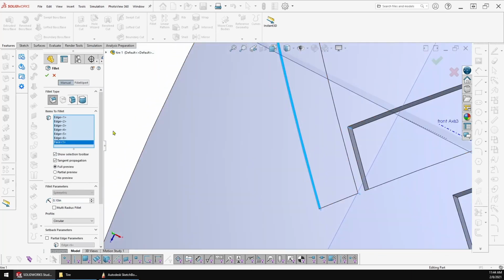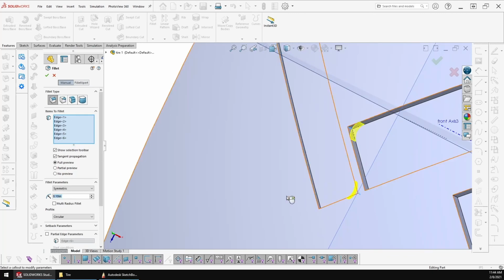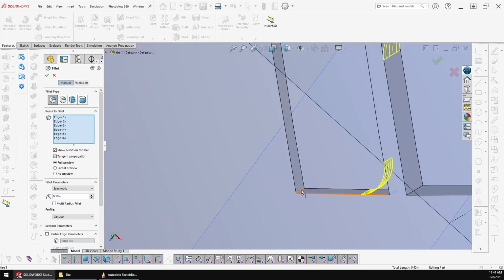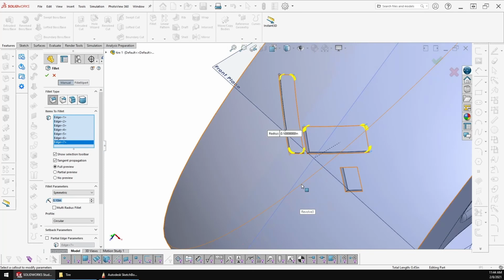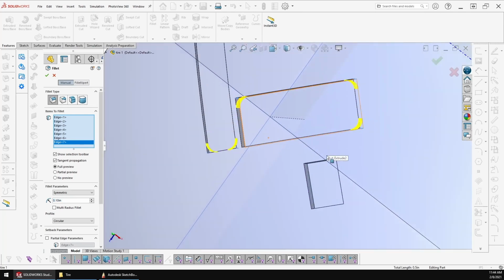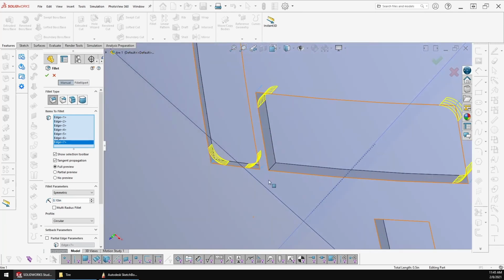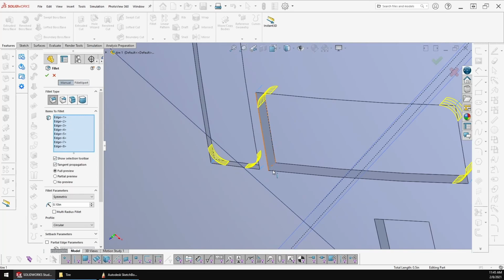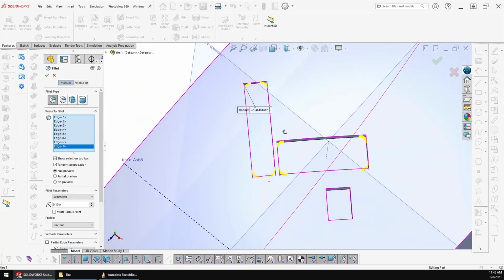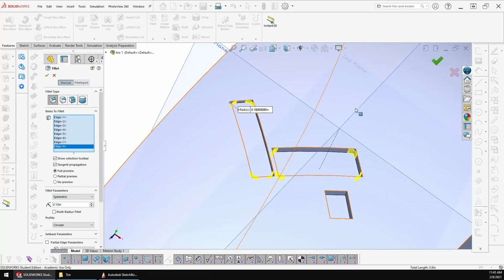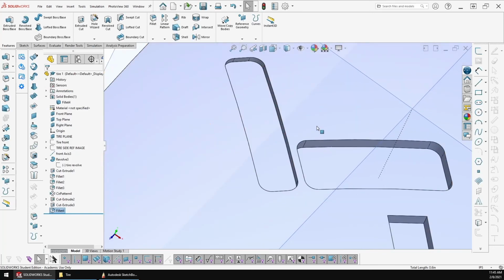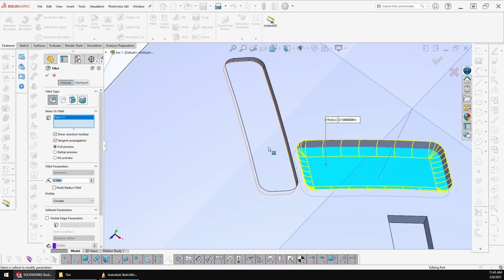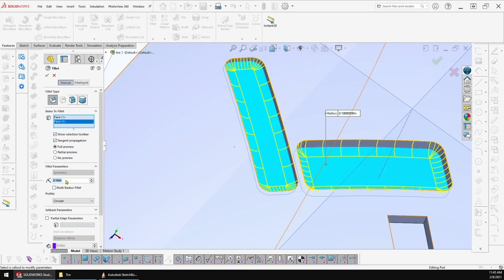Oh, let's delete that face so we can get back what we want. We're just doing edges. So we're going to say that's what we want. We'll hit accept. Then we'll do our radiuses up on the top and the bottom. These ones are going to be just a little bit tighter. So we'll do that face. We'll do that face. We're going to make it like